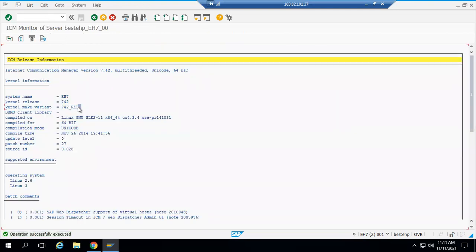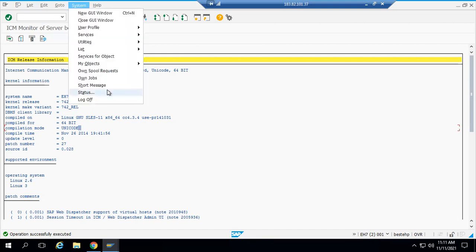So you see 742, patch level 28. You also need to check the system bit, the OS, Linux or Windows, and Unicode or non-Unicode before downloading the software. This is the second way.